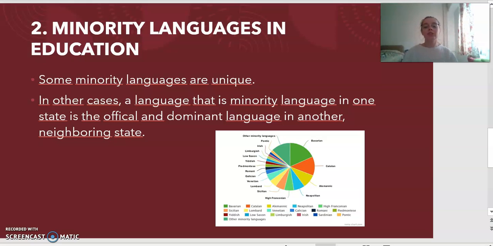And multilingual education involving minor languages has some challenges, such as legal status and funding for the use of the minor language as a language of instruction. And this all involves recognition, but also the need to develop teaching materials for a limited market, particularly in the case of unique minor languages. And finally,